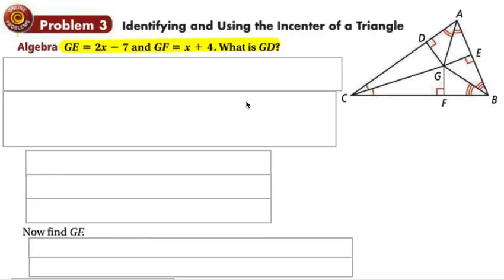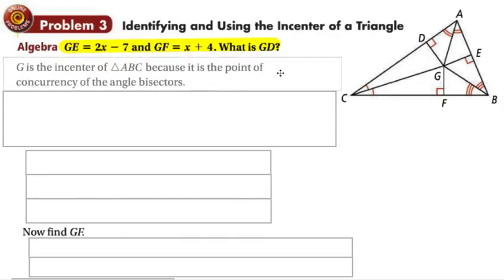So let's go ahead and use that to figure out some problems here. In this example, we have triangle ABC, and they give us some algebraic expressions for segment GE and GF and want us to find the length of GD. So we have an expression for GE and for GF, and we're looking for the length of GD. First of all, we need to recognize that we do have three angle bisectors here intersecting at point G. So we say that G is the incenter of triangle ABC